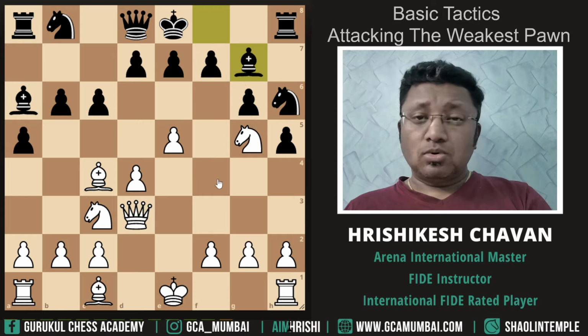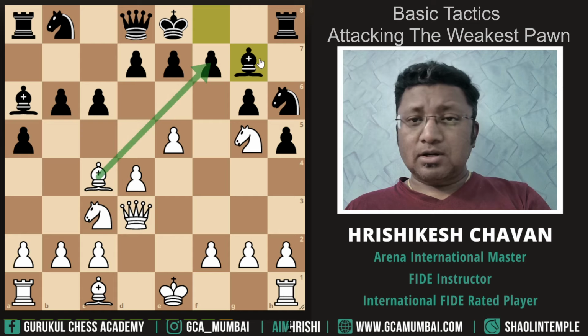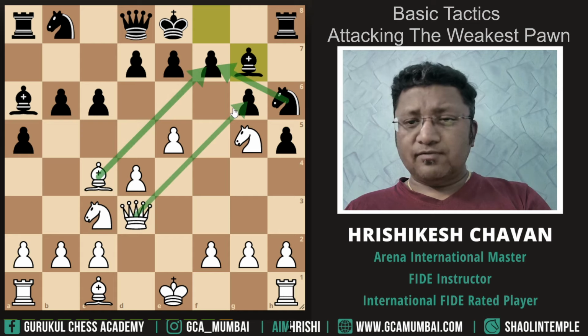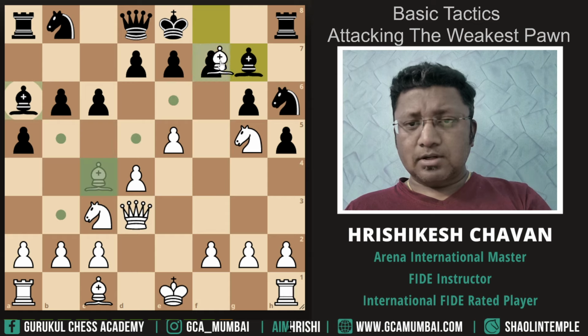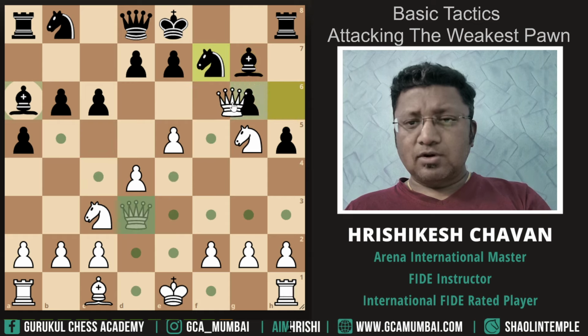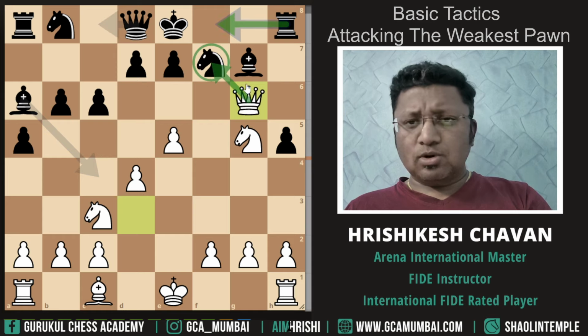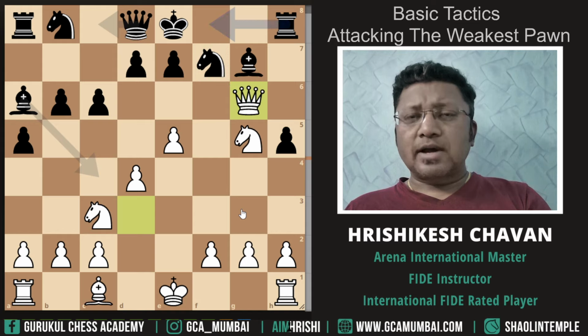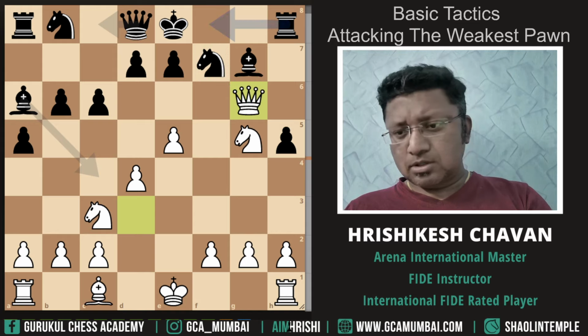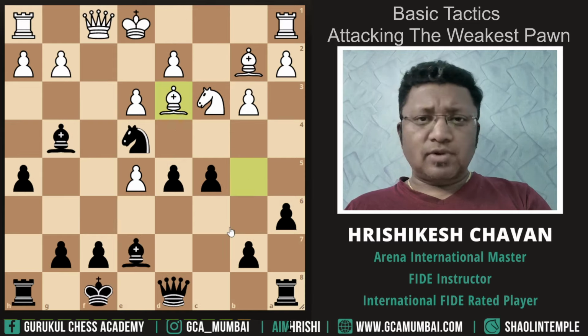Oh, is that this check? Knight captures and queen into g6. It looks that way, right? Yes, and queen into g6 wins. We are threatening checkmate, and if he supports the bishop with rook f8, then we'll pick up the hanging bishop on g7. So we'll end this topic with one more puzzle.